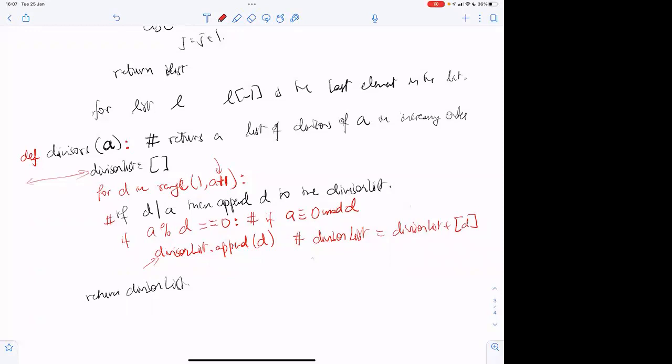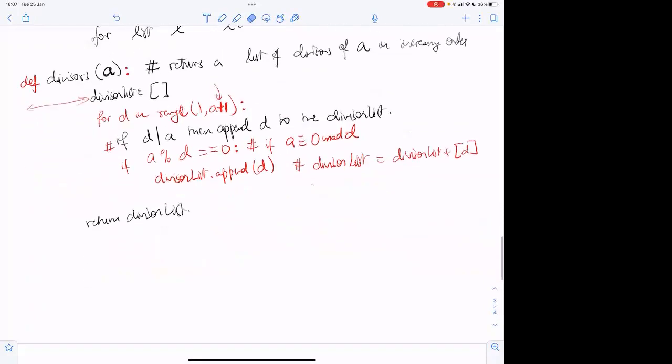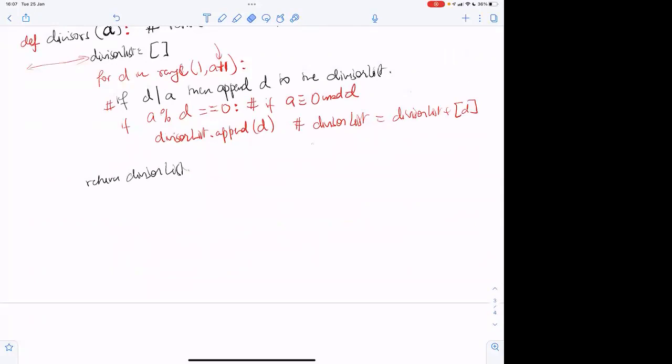Yeah, okay, I think the right hand side here is a new list that consists of divisor list plus D, correct? And then you change the value to this, correct? Okay, so having said that, you return this divisor list, correct?